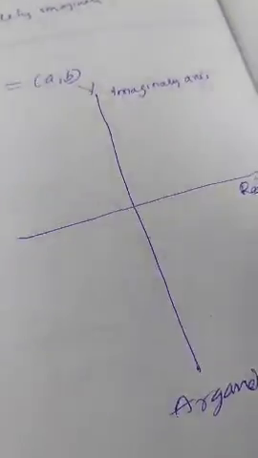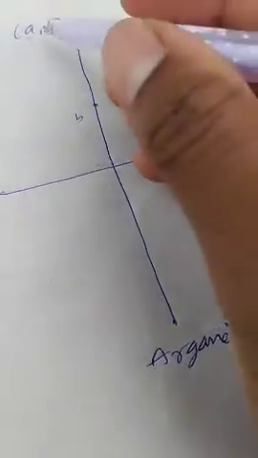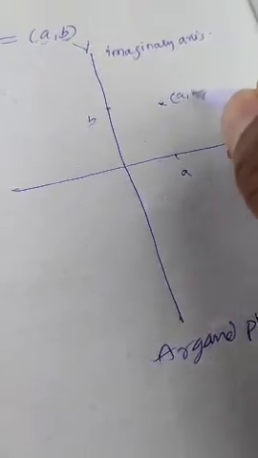Suppose I am taking a plus ib. a is the real part. Suppose I take a here, positive, and b is also positive. I am taking b here. This is the imaginary part, no? So we should take the imaginary axis depending on the value of b. If it is positive, you take it above the real axis on the y-axis, the imaginary axis. If b is negative, then it is below the real axis on the imaginary axis. Here I am considering both as positive. So this is b, this is a. Then that point is represented as (a, b).